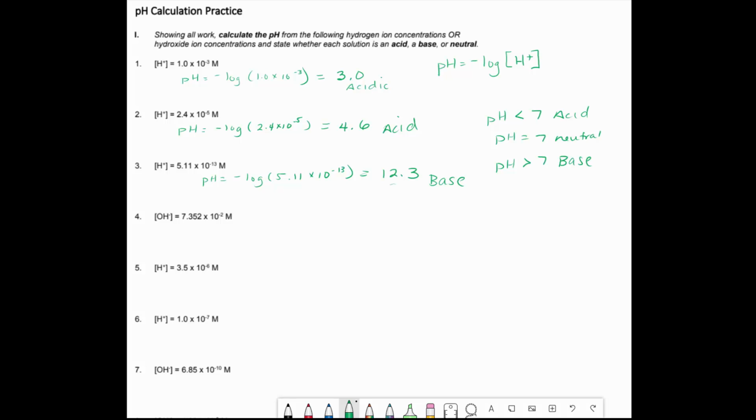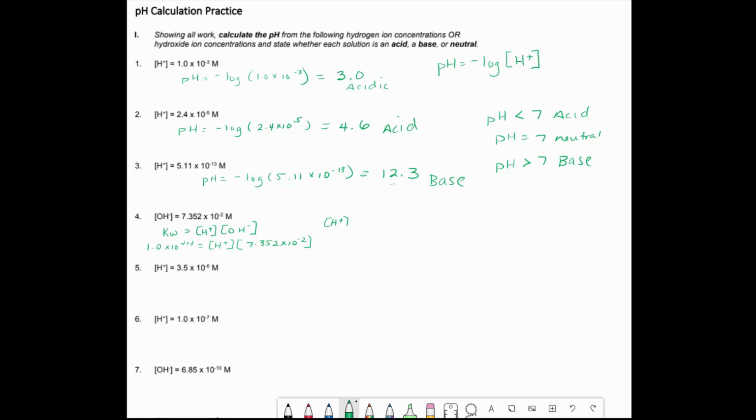For number 4, we're given the hydroxide ion concentration. Now, hydroxide is different than hydronium, and it is different than hydrogen. Hydroxide is negatively charged. There are 2 different ways that we can calculate the pH from the hydroxide ion concentration, and I'm going to show you both. The first way is to calculate the concentration of the hydrogen ion from hydroxide and Kw. So Kw we know is 1.0 times 10 to the negative 14, and we're looking for hydrogen ion. We have hydroxide, 7.352 times 10 to the negative 2. So I divide 1.0 times 10 to the negative 14 by 7.352 times 10 to the negative 2,